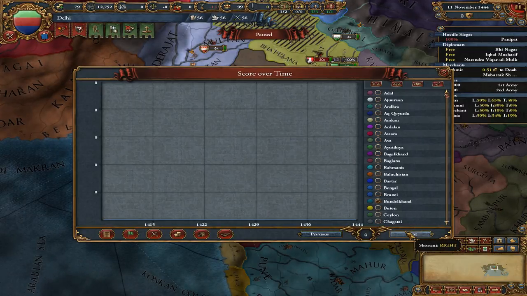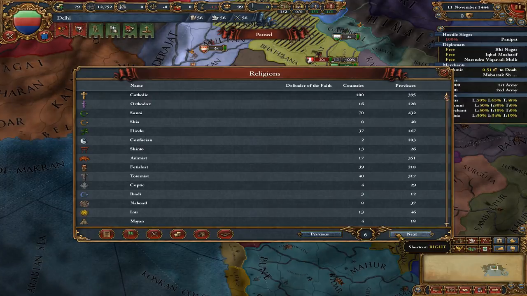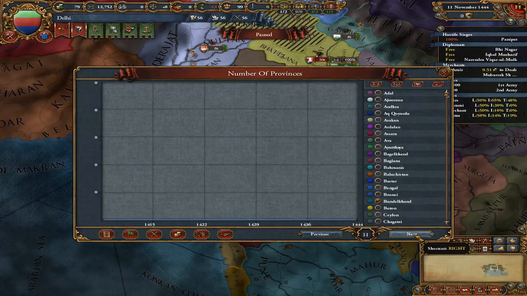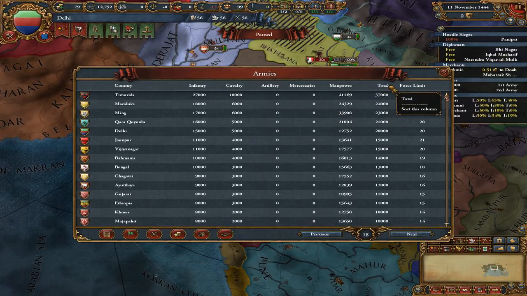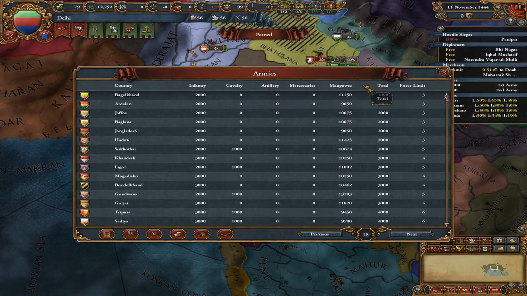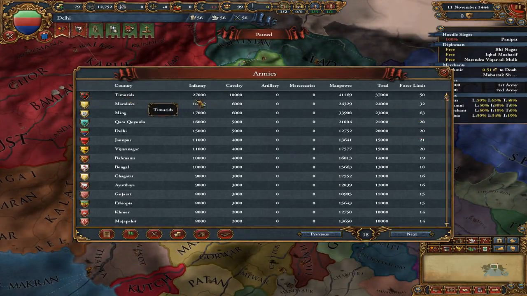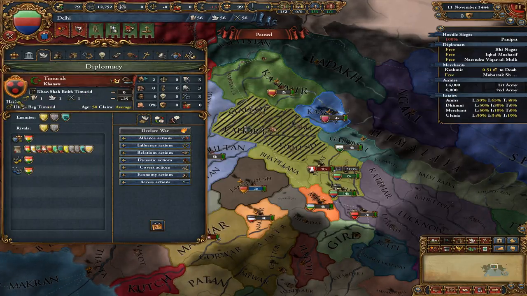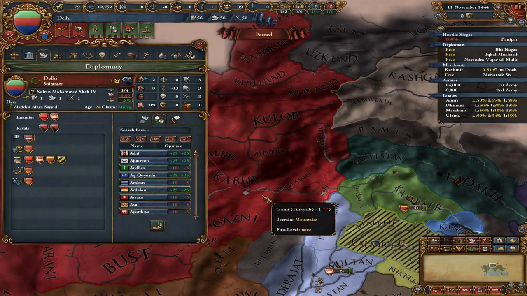And we could check to see who's doing well in technology. We can check to see how the comparative religions of the world are doing. There's lots of information here. We can find out the size of people's armies. Largest army in the world, smallest army in the world, etc. So we can see Timurids, these guys over here, have the largest army in the world. And we could click on them here and click to go to their country. But for our rivals,